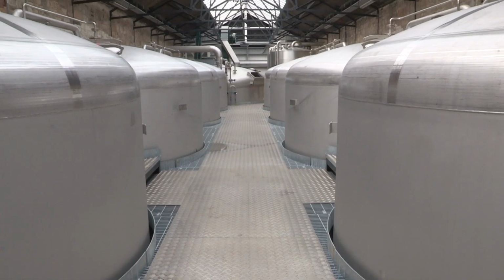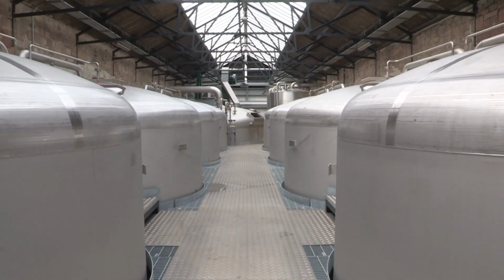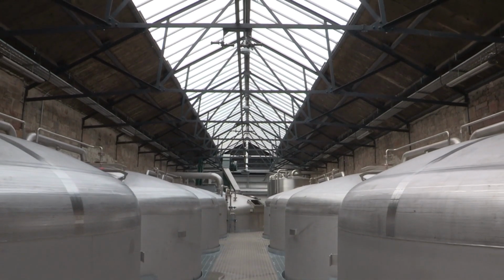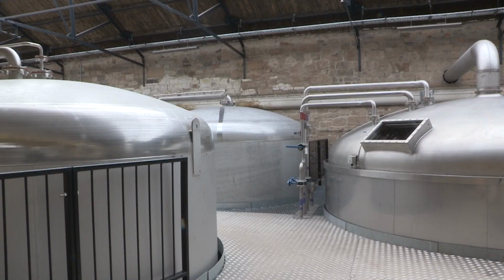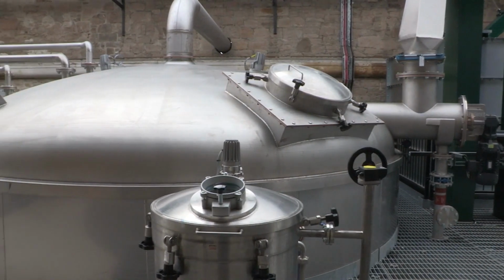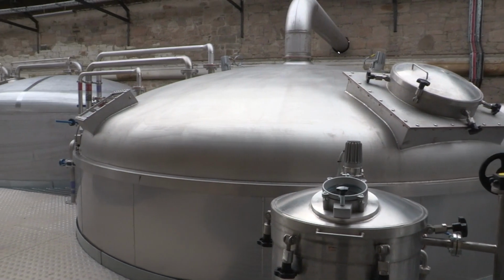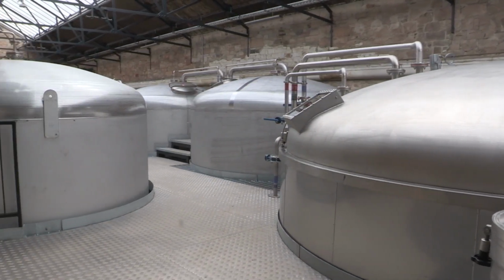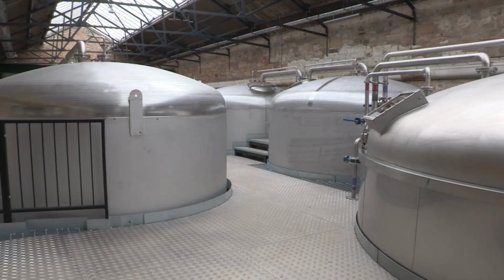So we start off in the mash hall, and you can see on both left-hand sides stainless steel fermenters where we make the beer, which eventually becomes whiskey. As we walk down the hall, we come to a place where we mix Borders cereal with water drawn from a borehole 17 metres underneath the factory. We mix the water with the cereal, extract all the sugar with hot water, and then we ferment it with